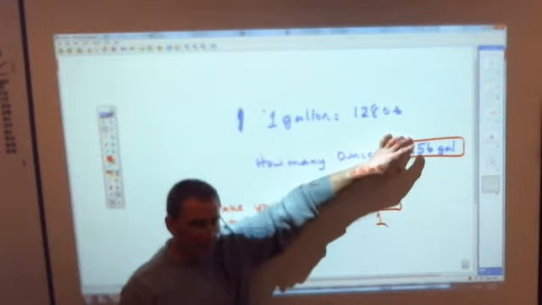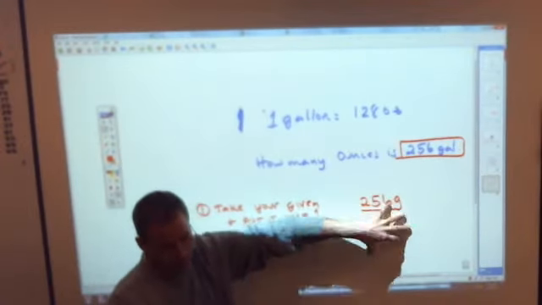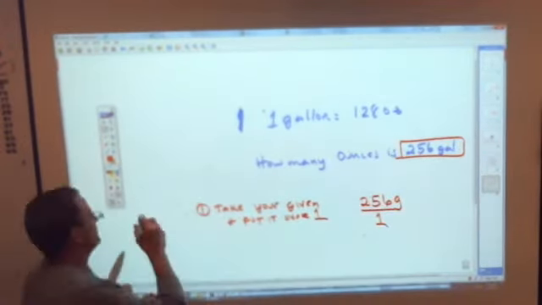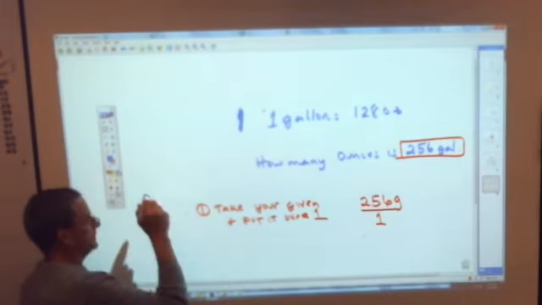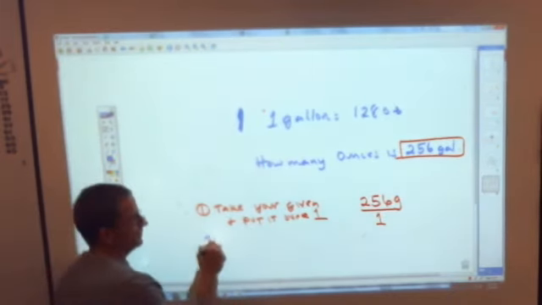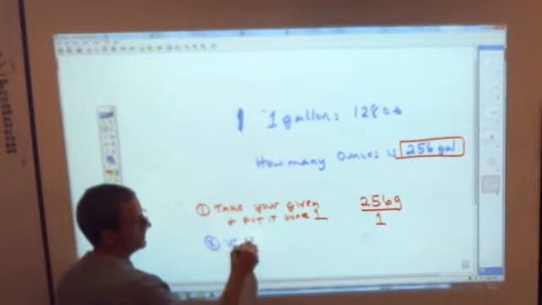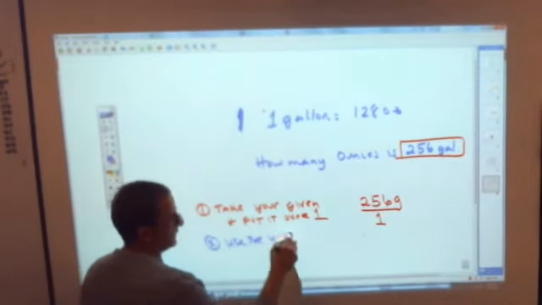I just make what I'm given. What I want to change, I put over 1. Step number 2 is you use the unit multiplier